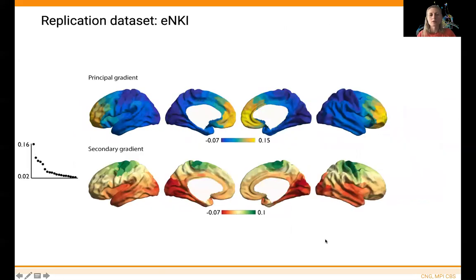So for this, I looked at the ENKI sample and I did the same procedure. I took the covariance matrix and I evaluated what are the two major organizational axes. And again, what I found was this posterior to anterior patterning on the one hand, and inferior to superior patterning